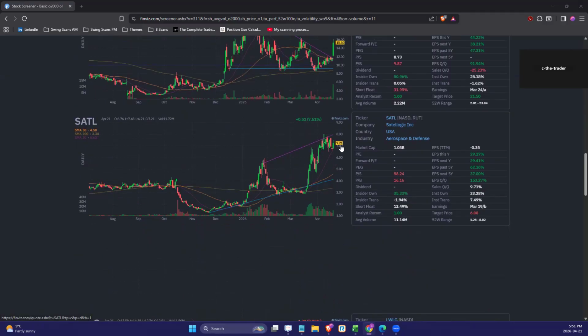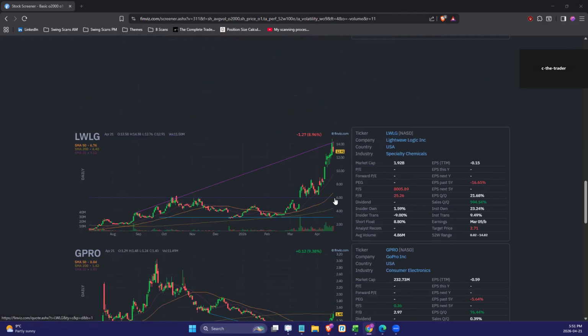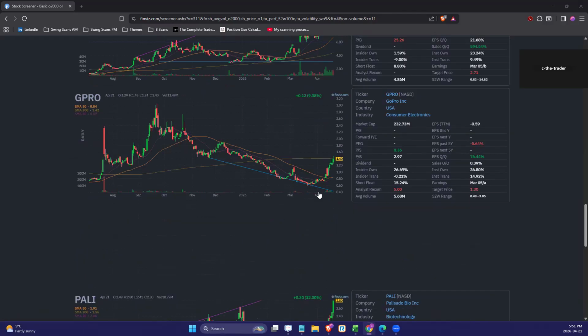Saddle, this one is the best one that I keep seeing so far. If it can just keep consolidating, build a tight range, and then break out again, and there's some more news that comes out for the space theme or SpaceX IPO, whatever. So this one is definitely top watch. This had a great move down here up to here. G Pro,